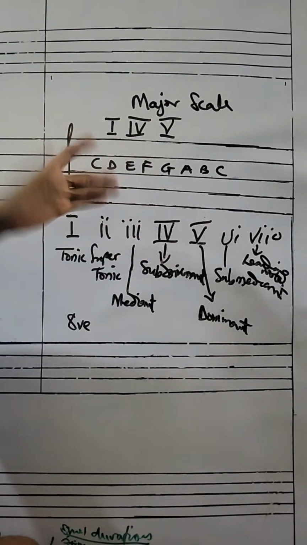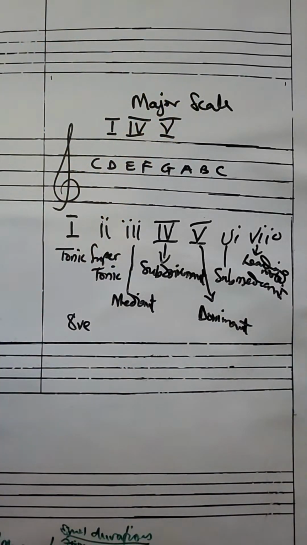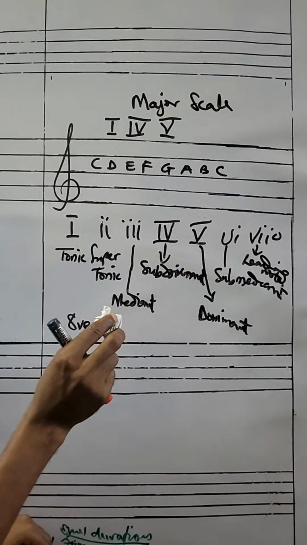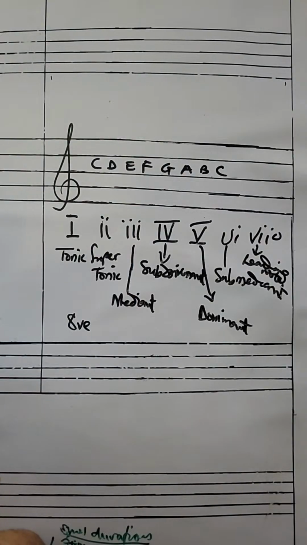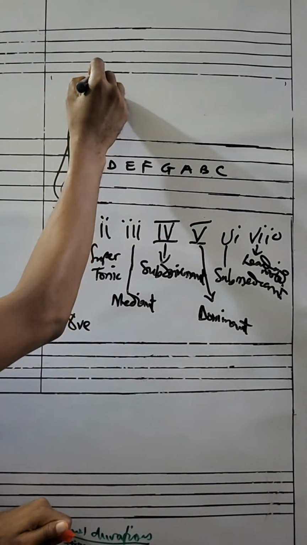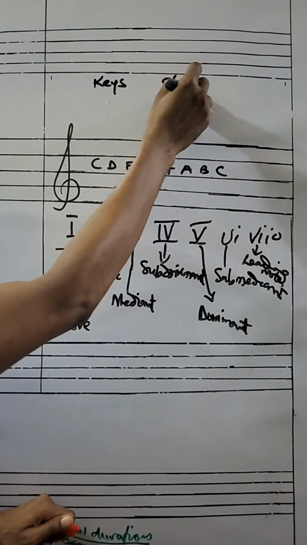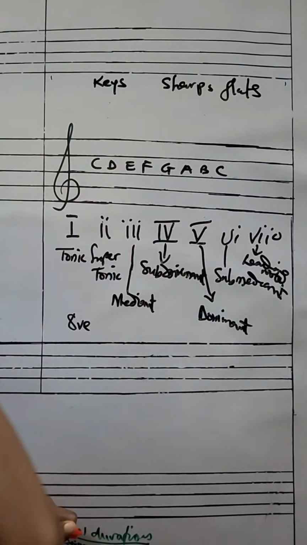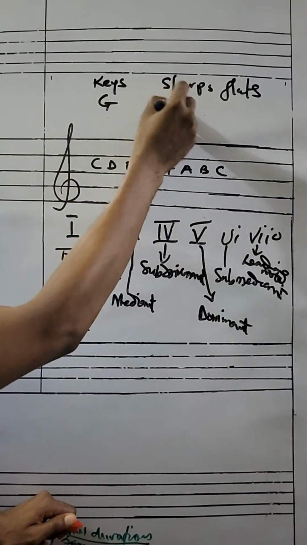If you want to realize your key signatures now, just be counting 5 and you get all other key signatures. I don't want to write on the board. It would have been very easy for me. I want to believe you've written this down. It would have been very easy for me to write it on the board for you and say, okay, key signature, keys, sharps, flats. So I would say, okay, key G, 1 sharp,